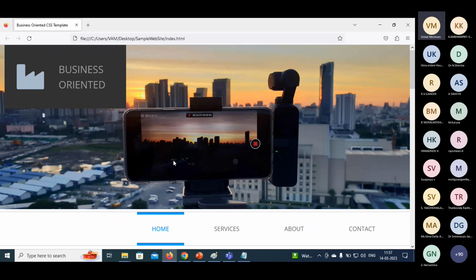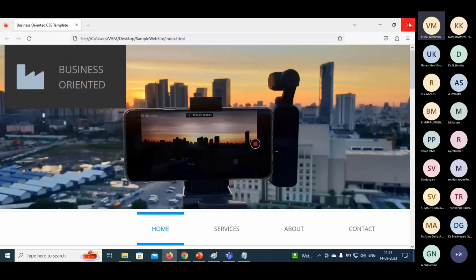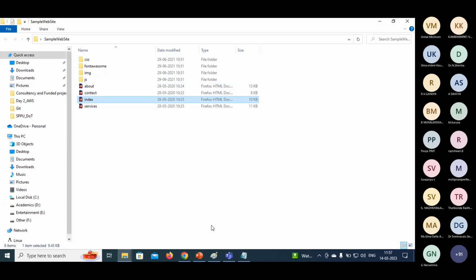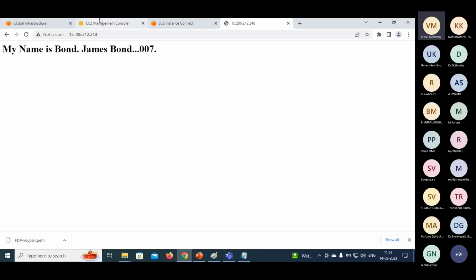Now I want to deploy it on my EC2 server, so that you can also access that website, right? Right now you are not able to access this website because it is running on my local machine, on my localhost. Okay. So how to do that? So let's do that. Okay. Also I would like to demonstrate how to access the EC2 server through your PowerShell. Okay. So again I am going to